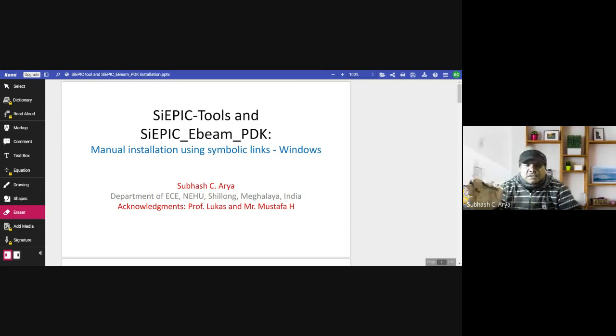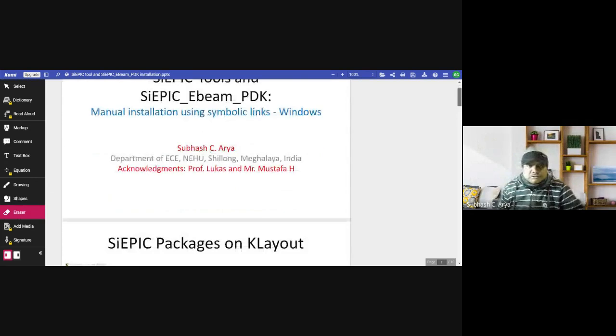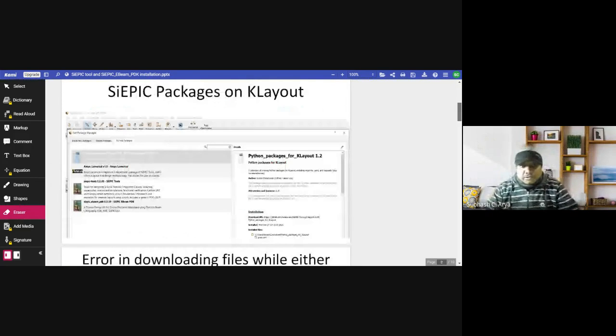So let us move. We can download and install this K-Layout software, that is an open source GDS tool, graphic design system layout platform, from the link given in the description box.